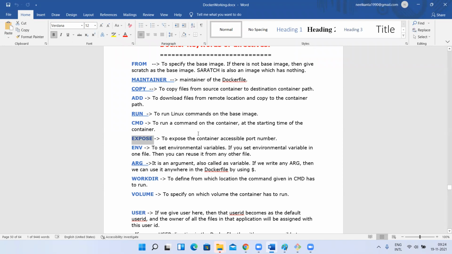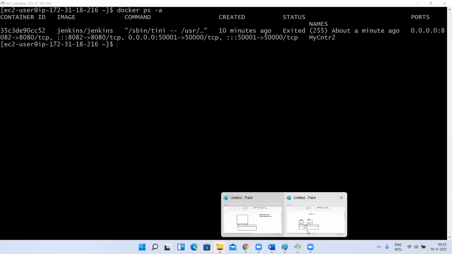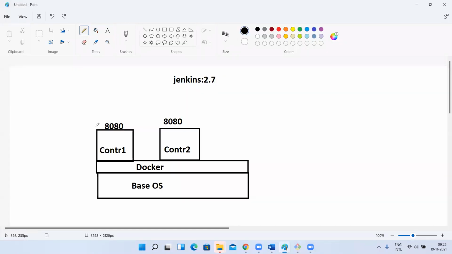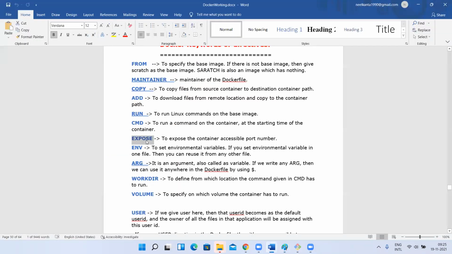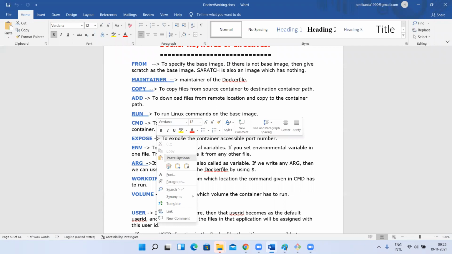So with the Docker file, you will create an image. With the image, you create a container. If your container needs a port number, on what port number should your container run? Expose means the internal port number, like 80:80. You have to tell the container port number using the expose keyword. You have to mention and specify the port number. Understood, guys?